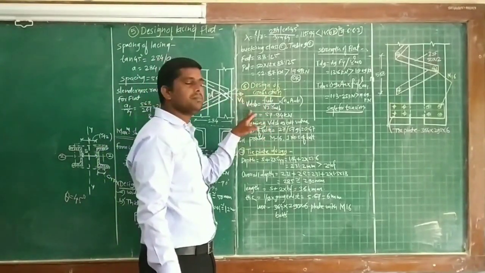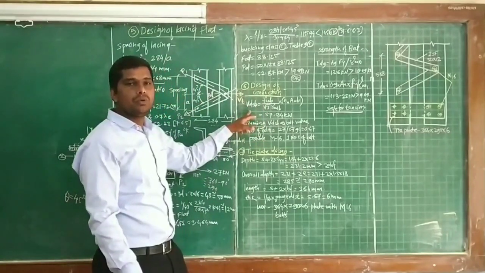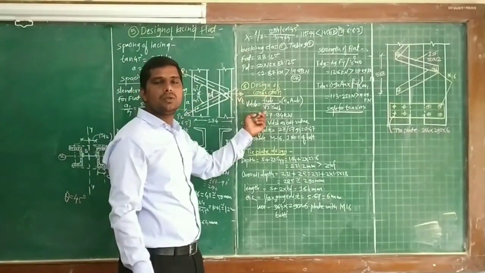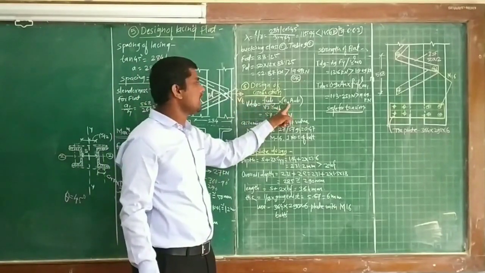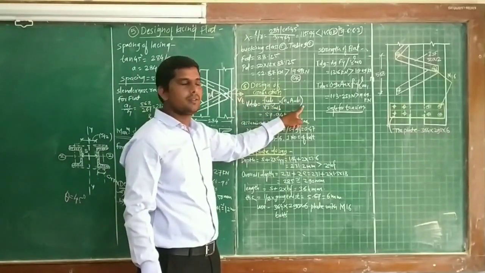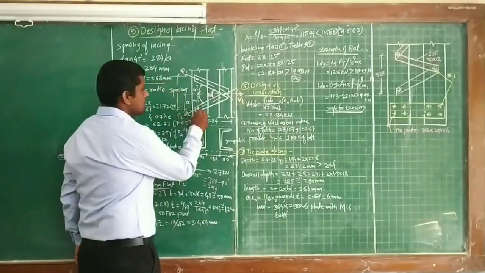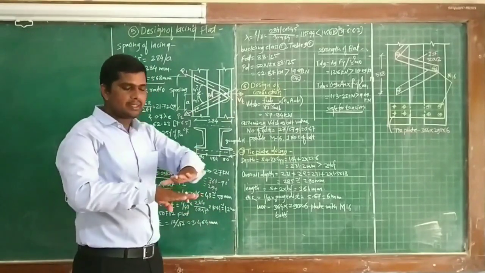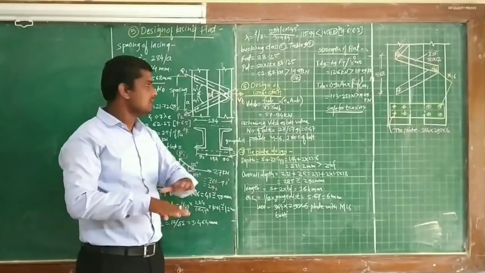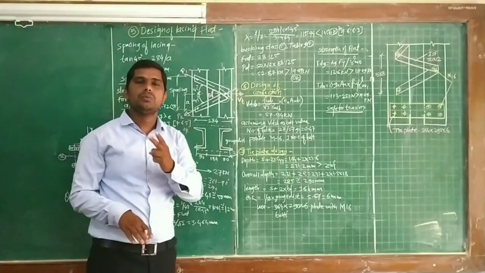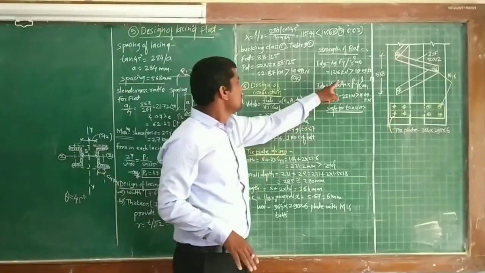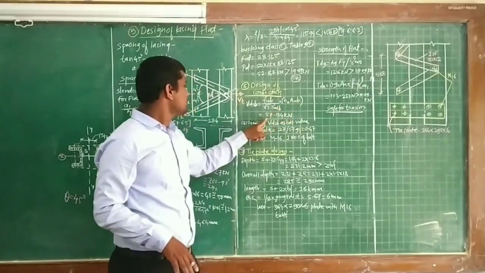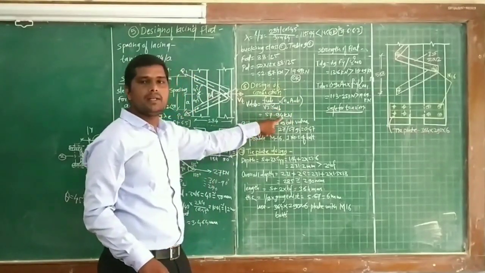So we are going to find out the number of bolts by using first VDSB is equal to FUB divided by under root 3 into gamma mb into nn into nb. At this particular section the two plates are placed one above the other. So the number of shear planes is 2 minus 1, that is 1. So nn value will be 1 into nb. So VDSB is 57.94 kilonewton.